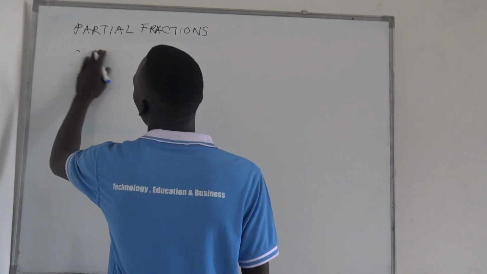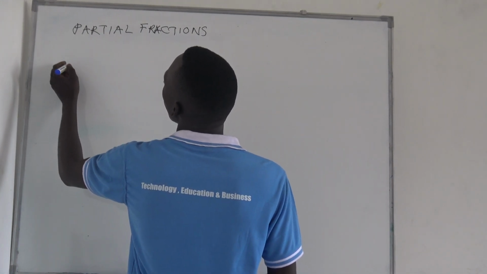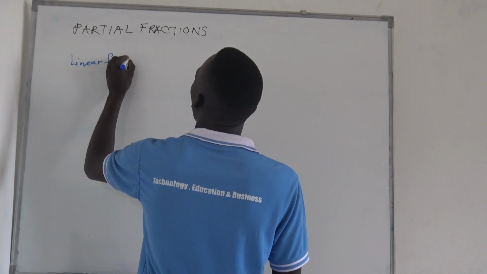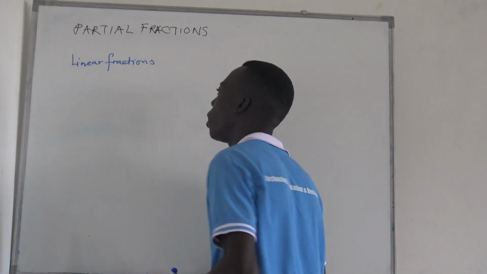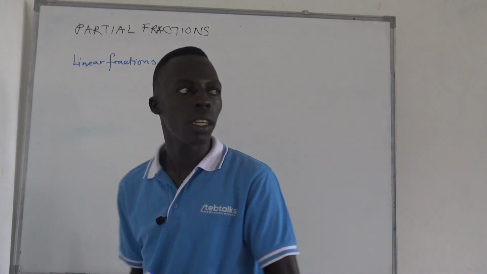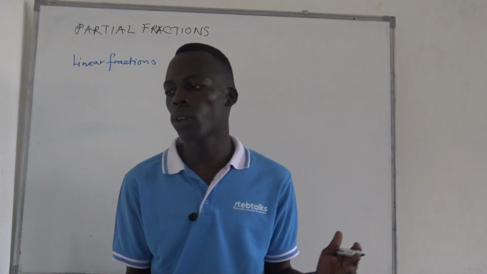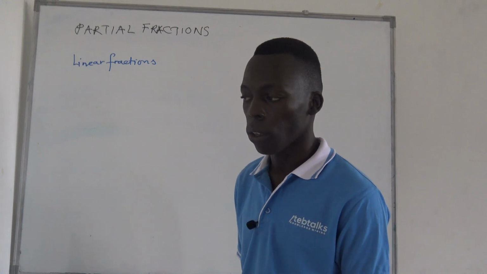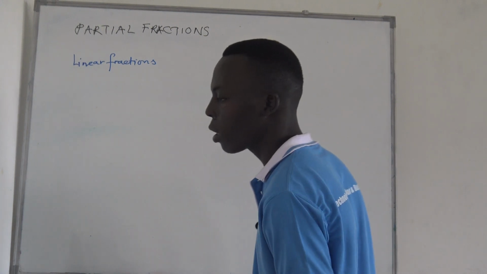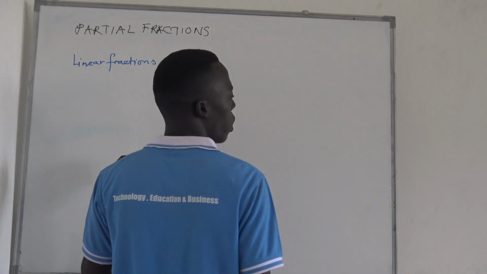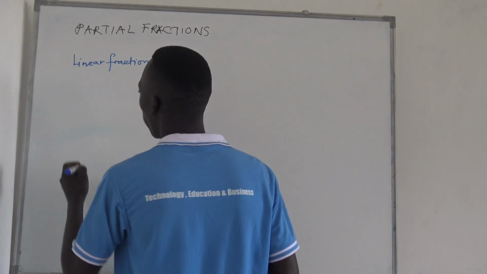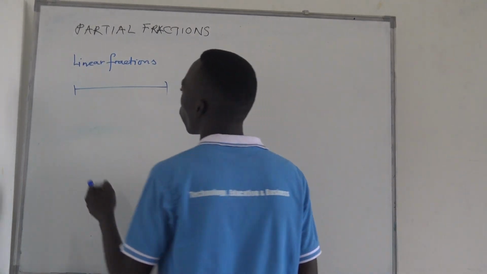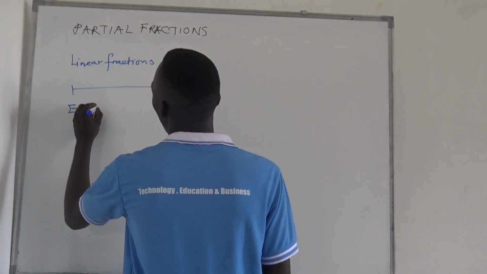And the types of fraction which we are going to consider, one of them is the linear fractions. These linear fractions which you are going to deal with, they are fractions which are just on the straight line. Yes, they are fractions which are on the straight line. For example, linear means a line like this is a line. So examples of linear fraction include